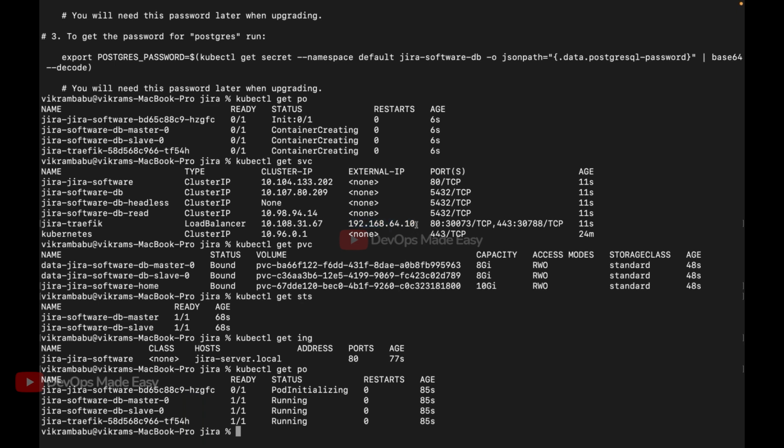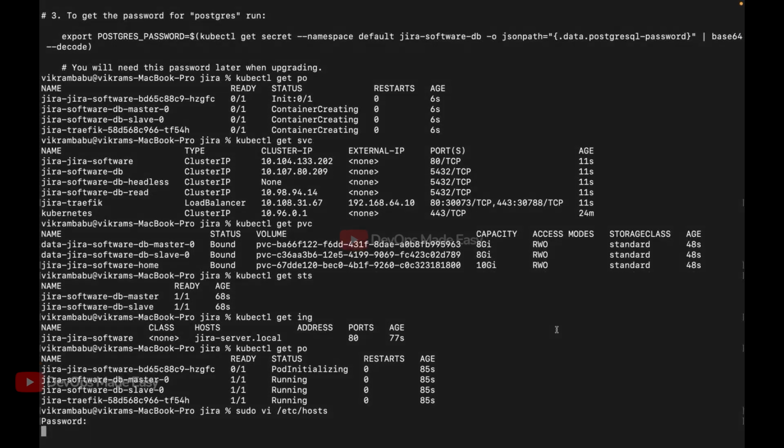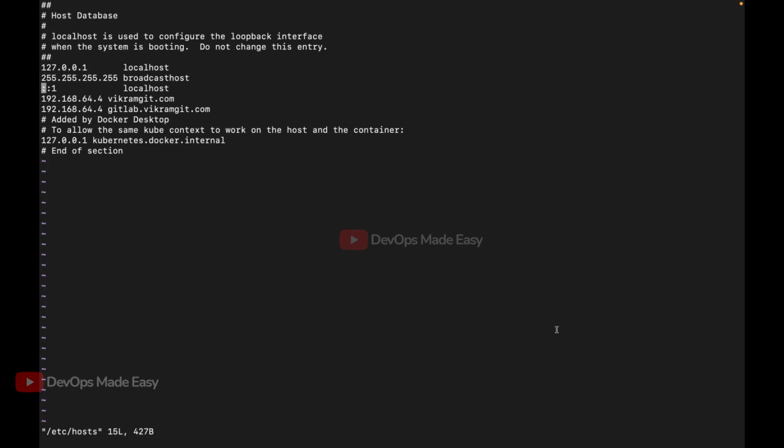So let me take this ingress controller's load balancer IP. Then let me open the etc/host file to create a dummy DNS entry. And then let us add the load balancer IP of your traffic ingress controller.